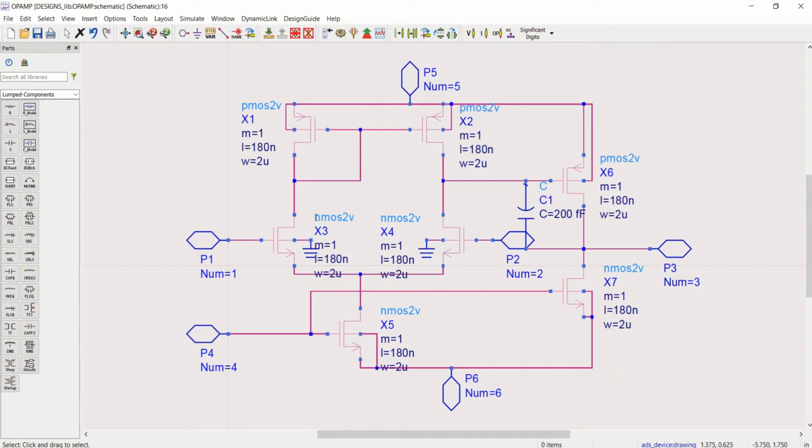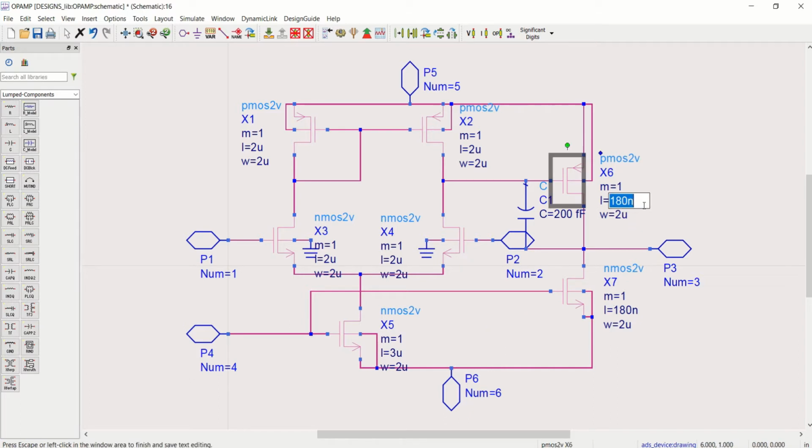This op amp is designed with certain length and width. The length of the PMOS is 2 micrometer and width is 2 micrometer. Length is 2 micrometer, width is also 2 micrometer. Here the length and width are equal for PMOS and NMOS. Its length is 3 micrometer.